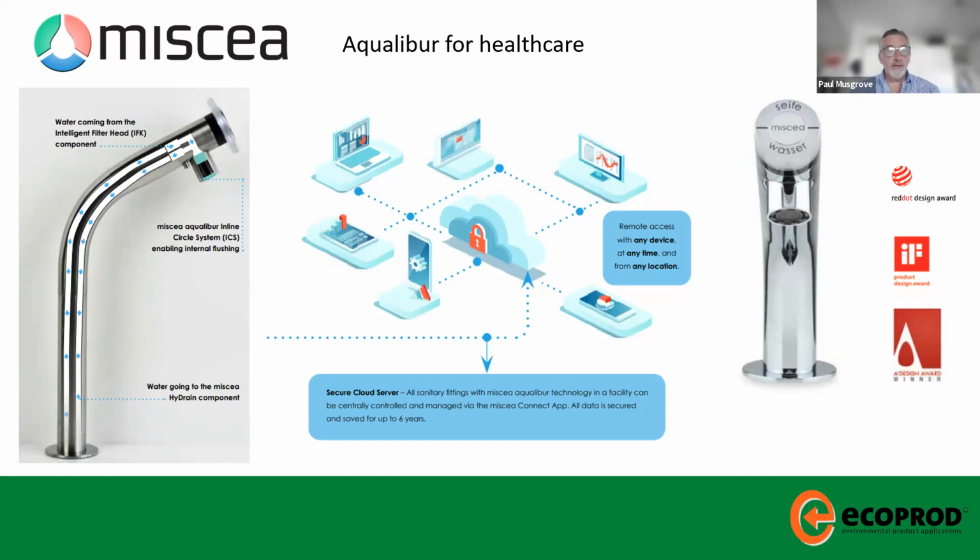It's providing, as we talked about earlier on, an integrated tap with hot water, soap and disinfectant all in one spout. But where the Aqualiba goes one step further is in its ability to do a thermal flush up to 80 degrees without water actually coming out of the spout. So this thermal flushing, which hospitals have to do as part of their healthcare procedures, is all kept within the body of the tap. And how that works is that through the control on cloud, it can be a planned exercise at a certain time of day or night, where a harmonic seal goes across the spout so no water